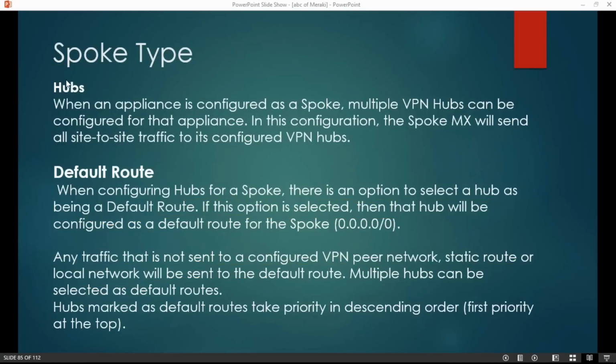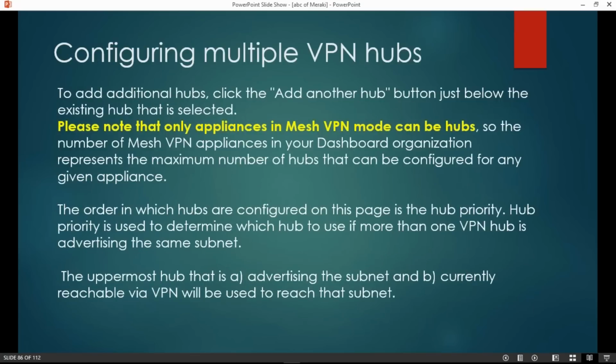But while we are using VPN in the hub mode, then the other options, that is to add additional hubs, yes, we can click, and there is a checkbox, you have to click add another hub, and you will get all those things. Please note that only appliances in the mesh VPN, that we know that if we are running VPN in the mesh mode, all the appliances should be in the hub mode. Okay,